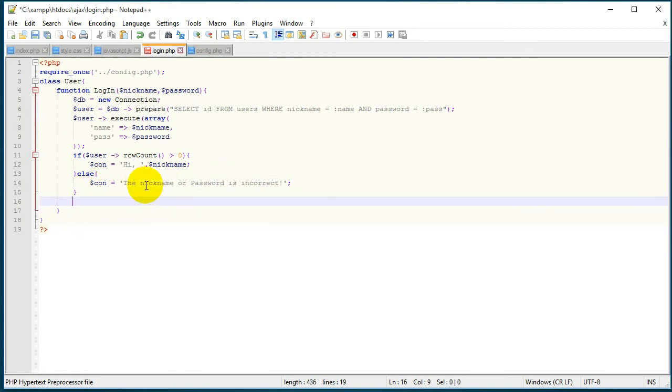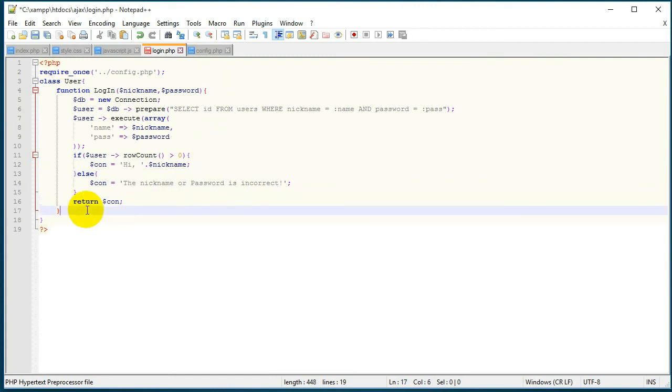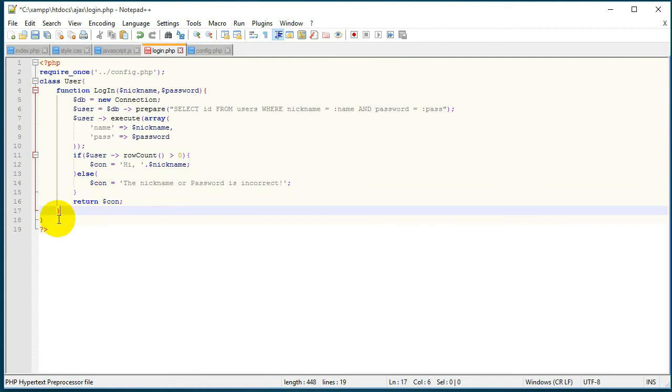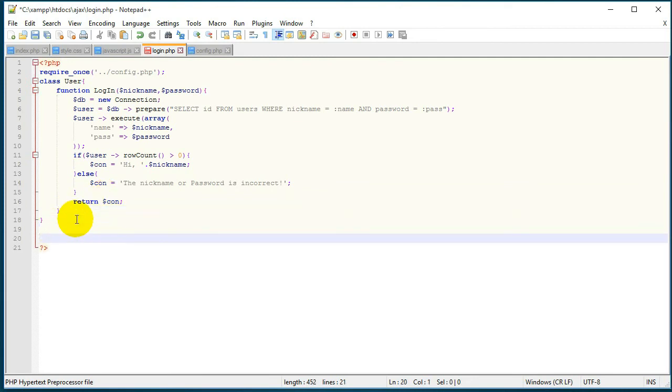And now we want to return our variable, which has the information about the response of our function. And let's go ahead and save, and yeah, let's go ahead and call this function right now. Let's output the